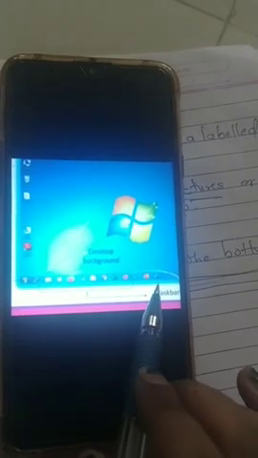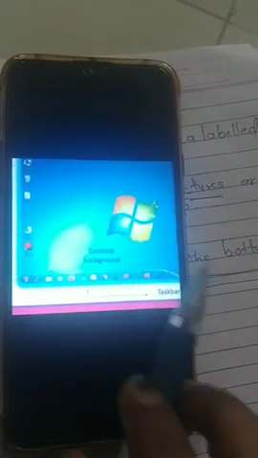The next is the start button. The start button is present here, and it is used to start. Icons are also present on the taskbar. Icons are the small labeled pictures on the desktop, and the taskbar is a long horizontal bar at the bottom of the desktop.